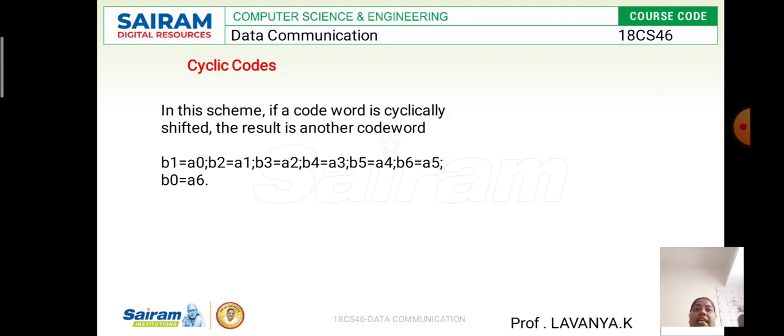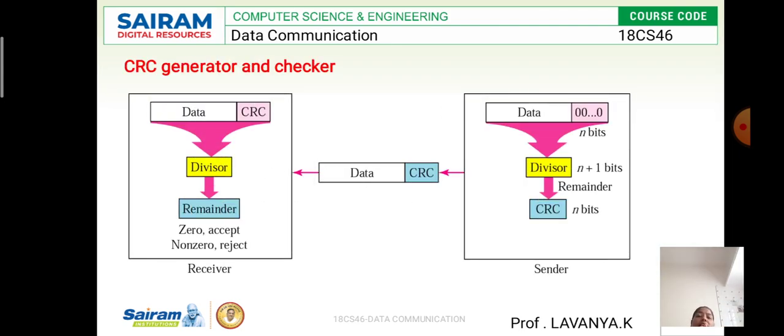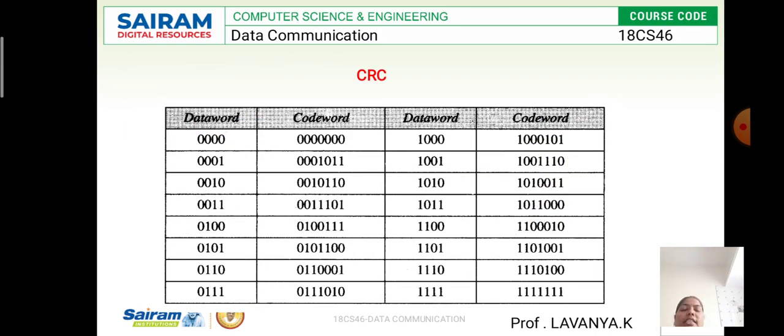Then what is the CRC now? The CRC is the cyclic redundancy check. We use it for different types of networks, whether a LAN or a WAN. Based on the table, we fetch the first code word as well as the result of the other code word. The extra bits we get at the end of the code word are called the redundant bits.